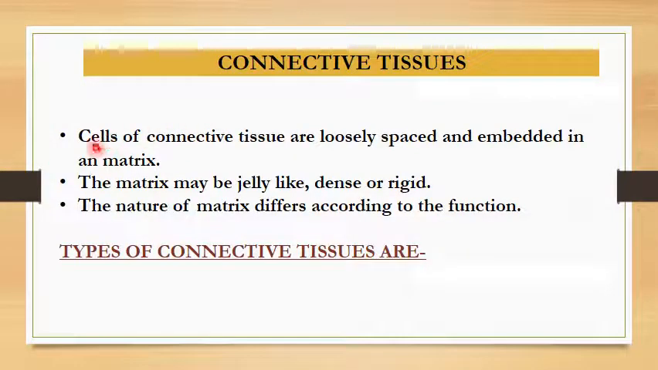Connective tissues. Cells of connective tissue are loosely spaced and embedded in a matrix. The matrix may be jelly-like, dense, or rigid. The nature of matrix differs according to the function. Types of connective tissues are: